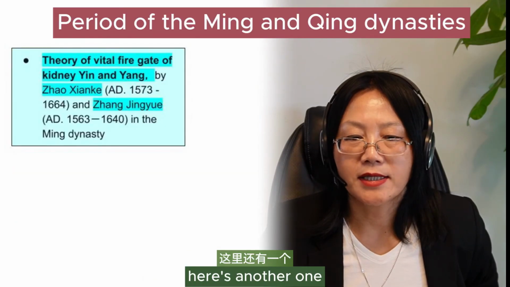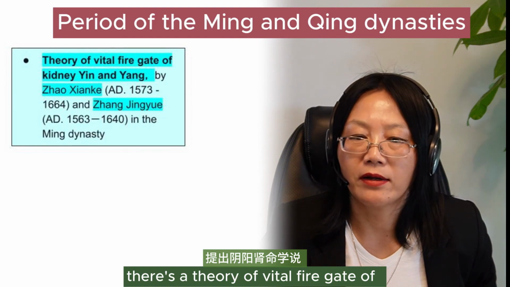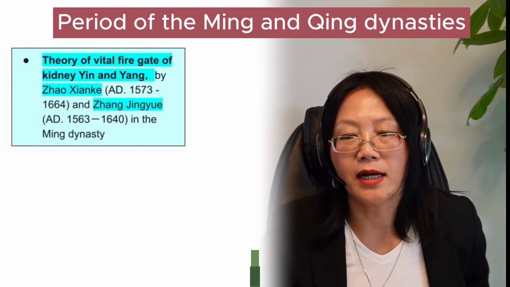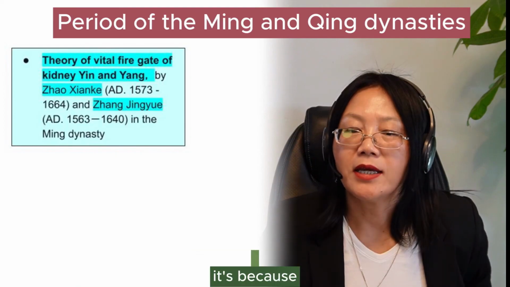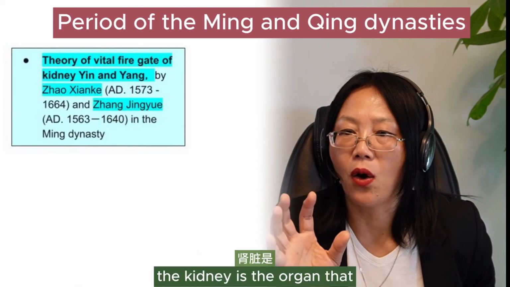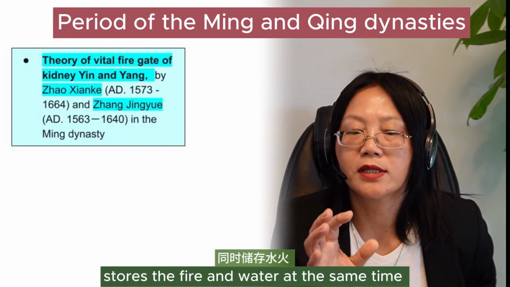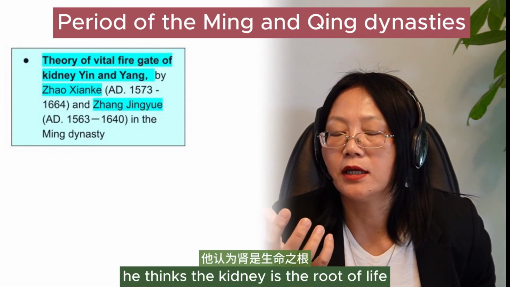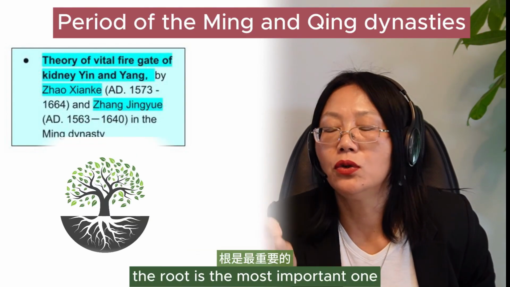Here's another one, Zhang Jingyue and Zhang Xianke. There's a series of vital fire gate of kidney yin and yang. This one is another contribution to the development of traditional Chinese medicine. It's because, according to Zhang Jingyue's idea, the kidney is the organ that stores the yin and yang, stores the fire and water at the same time. He thinks the kidney is the root of life, just like a tree. You know, the root